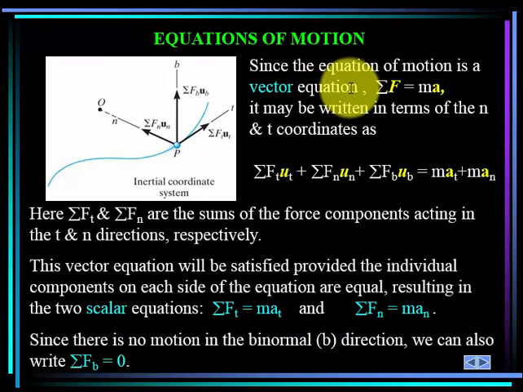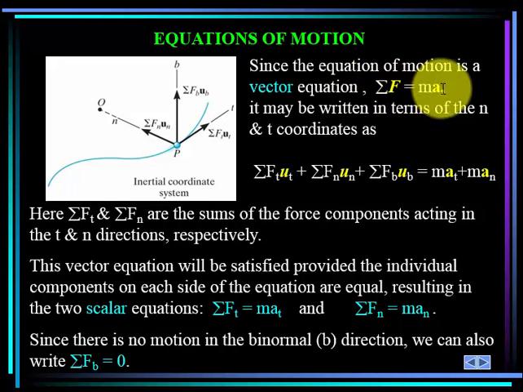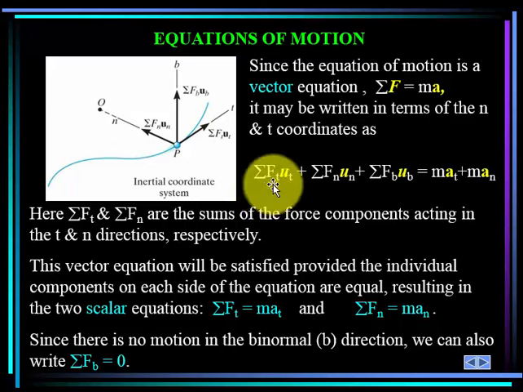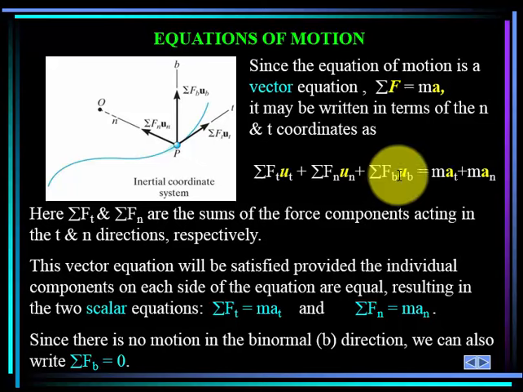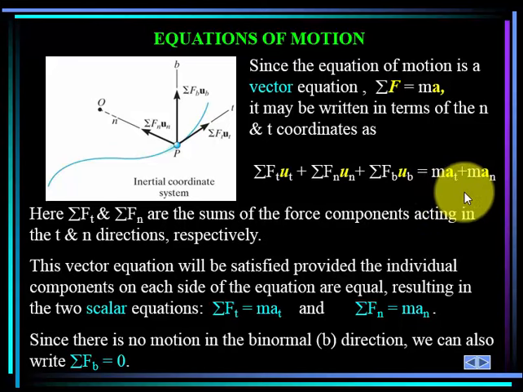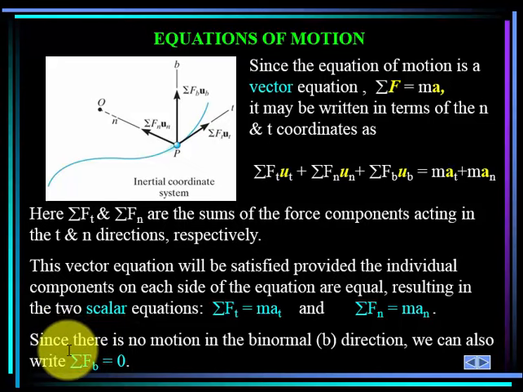And since we're using Newton's second law as a vector equation, sum of force vectors equals mass times acceleration vectors, we can write that in normal and tangential coordinates. The sum of the forces in the tangent direction multiplied by the unit tangent, the normal direction forces multiplied by the unit normal vector, and the forces in the binormal direction multiplied by the binormal unit vector is equal to mass times the tangent acceleration plus mass times the normal direction acceleration. Notice there is no binormal acceleration, and that is because any motion or acceleration in